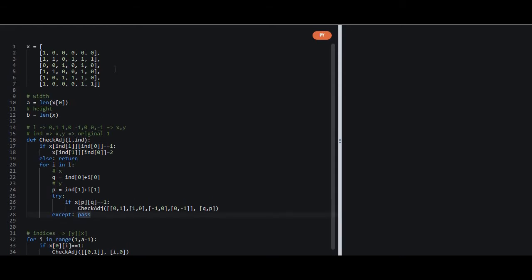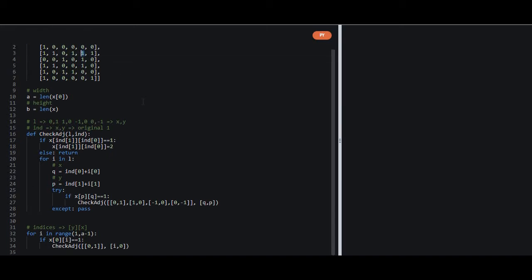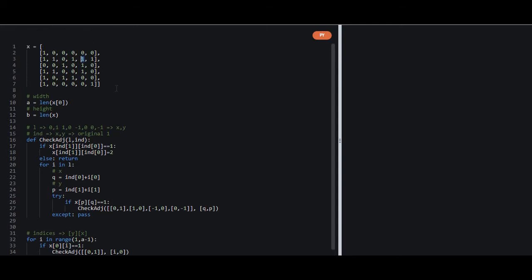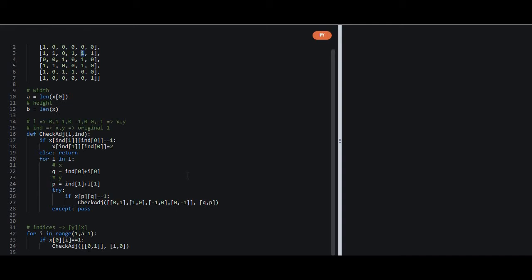Okay, let us keep it original only. Yeah, so let us think about it. We begin here, and then we reach here, and then we are checking for all the 4 directions for this as well. Then we are going back to this and this. So we are just repeating the process again and again, and we are creating confusion. We are increasing the work for the system, and we don't want that.